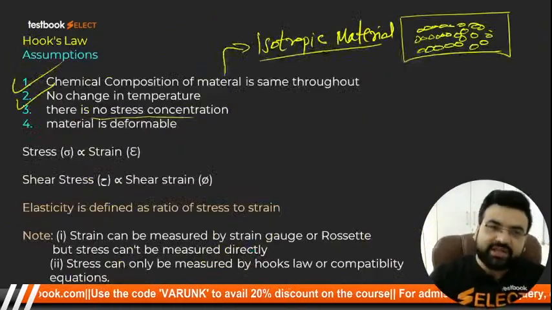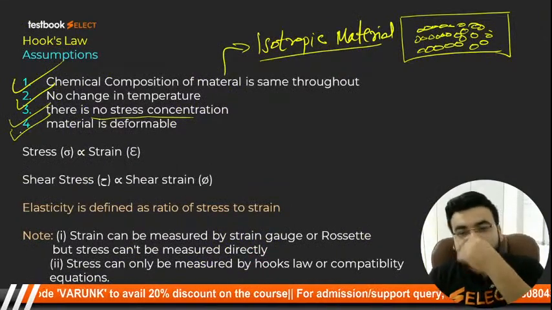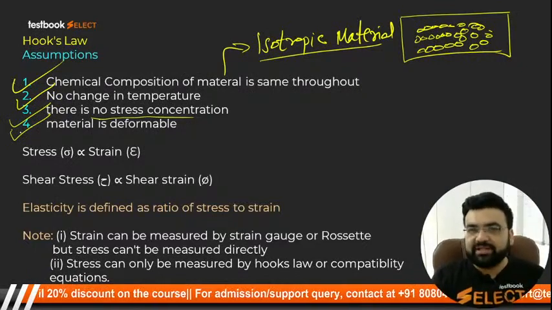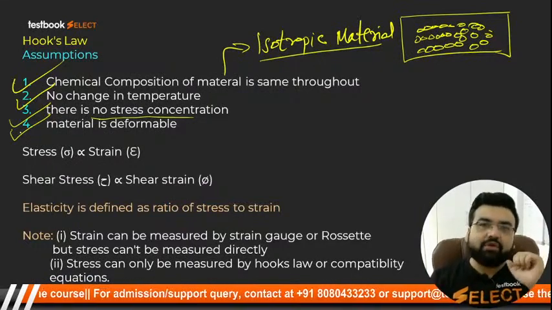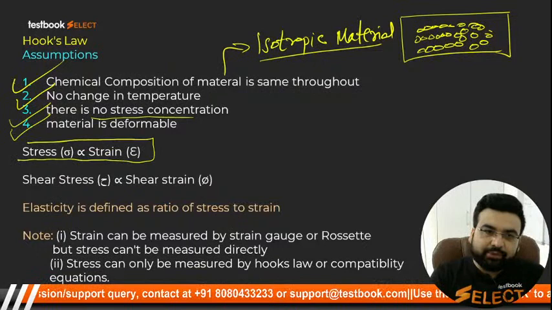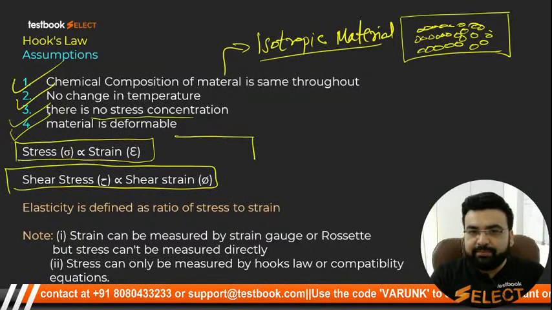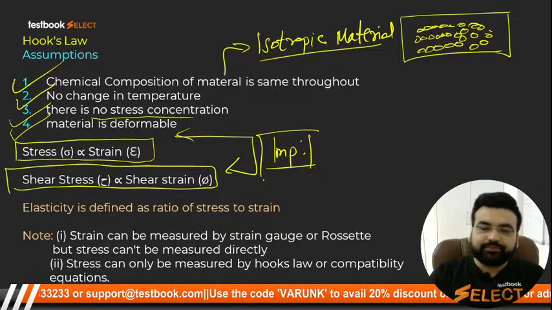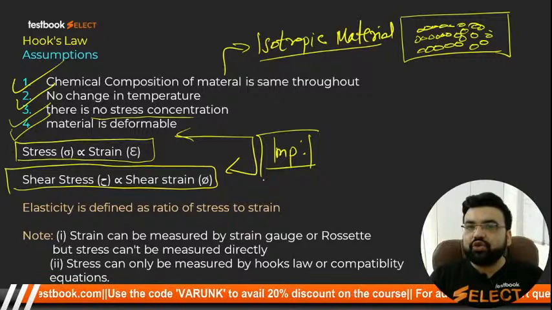क्लियर? इसके अलावा स्टूडेंट्स, and if the material is deformable, एक मटेरियल जो रिजिड नहीं होना चाहिए, it should be deformable, because in strength of materials we are discussing only the deformable materials. अगर ये चारों प्रॉपर्टीज किसी मटेरियल में हैं स्टूडेंट्स, it has been found that up to a certain point normal stress is directly proportional to the normal strain, shear stress directly proportional to the shear strain. Important. It is important. Clear?